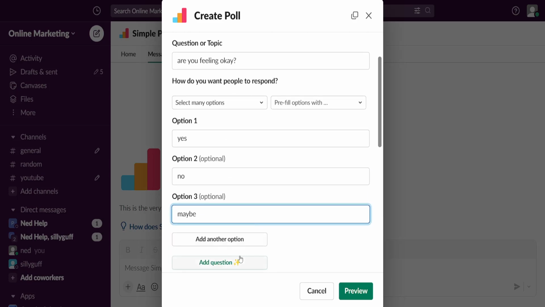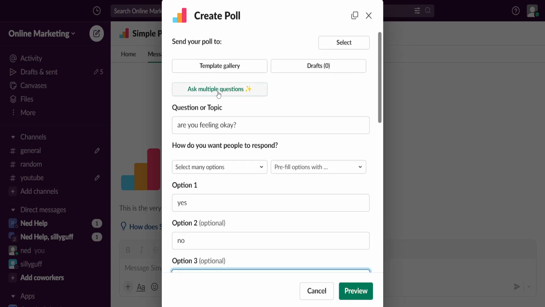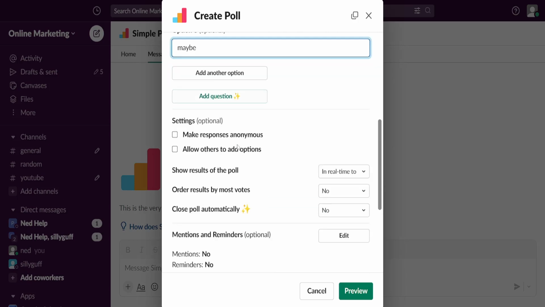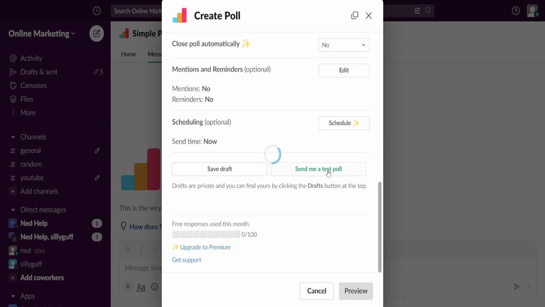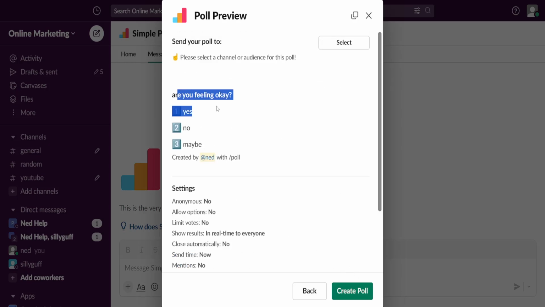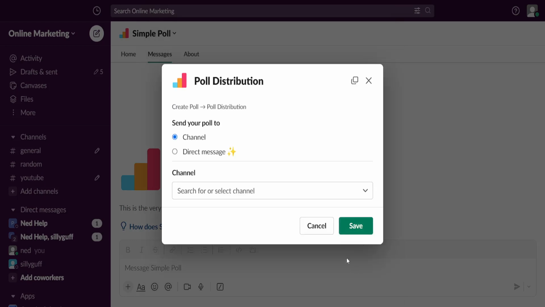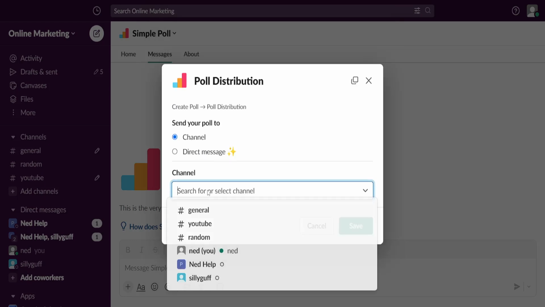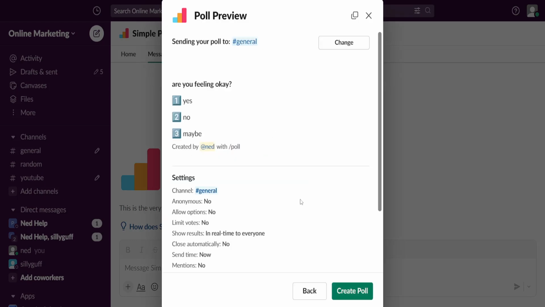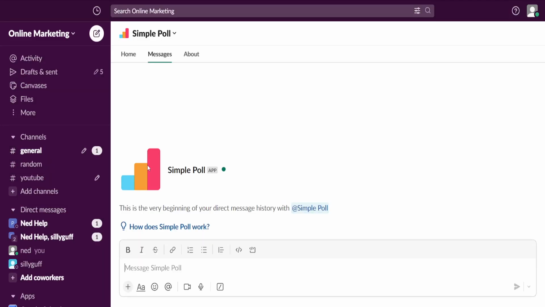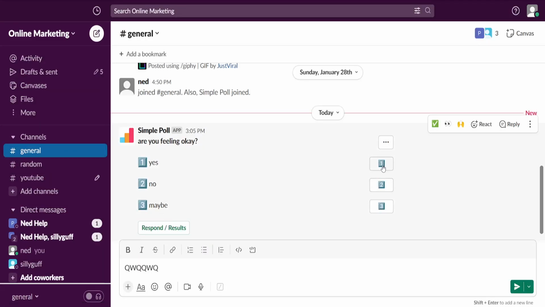And we can also add new questions, and we can also ask multiple questions. But then after we have set this up, we will click on preview here, and it's going to look like this. So we can create a poll and we can send it in a channel. So general channel, click on save, and we click on create poll. And now we have successfully created a poll here with simple polls,